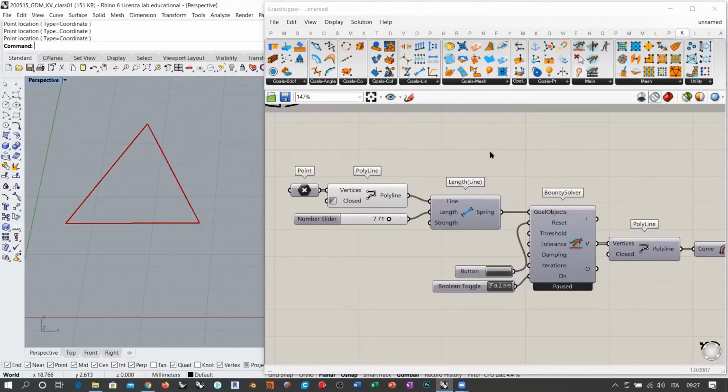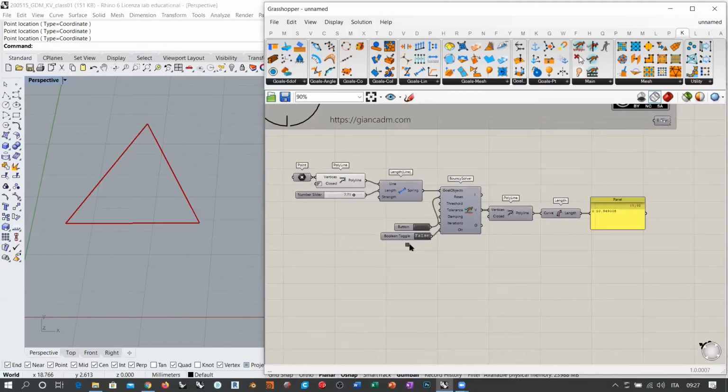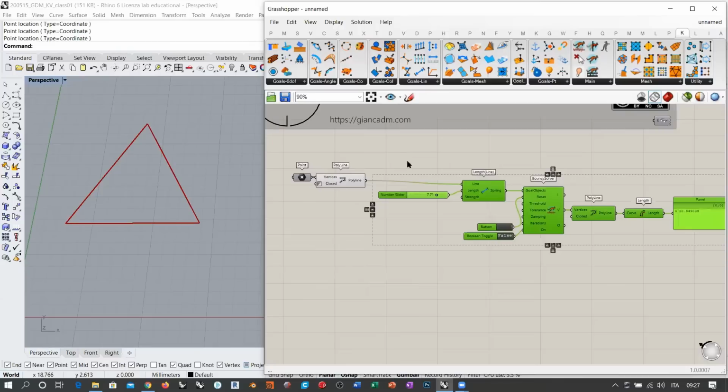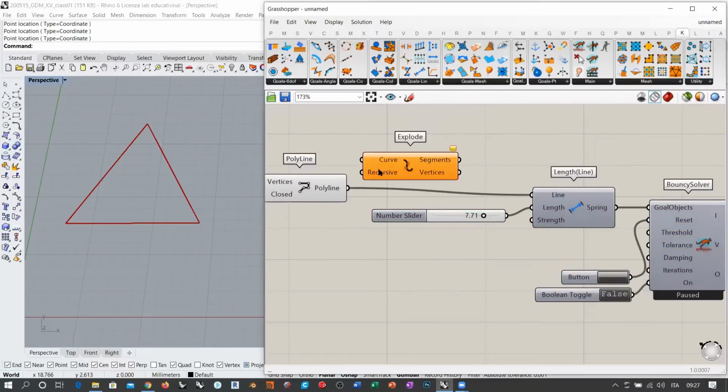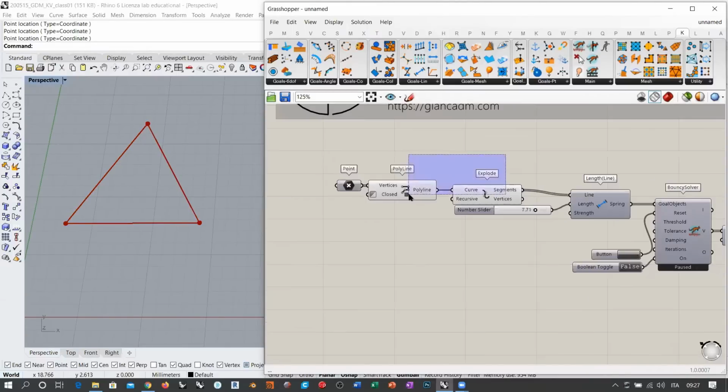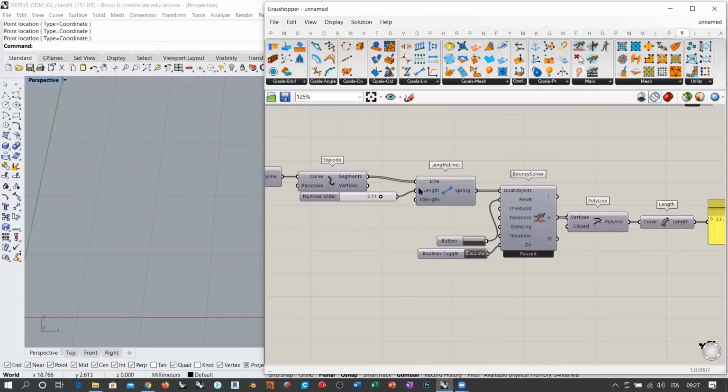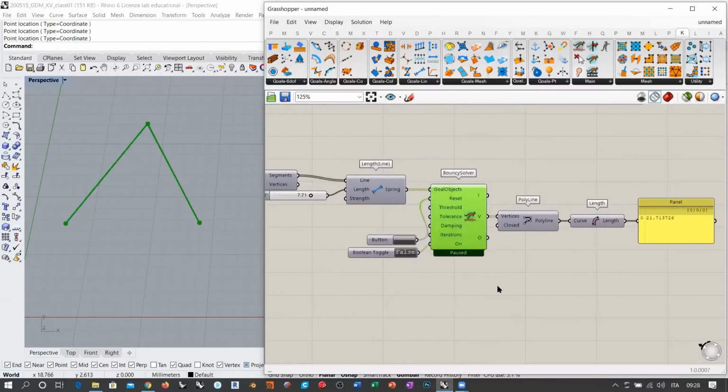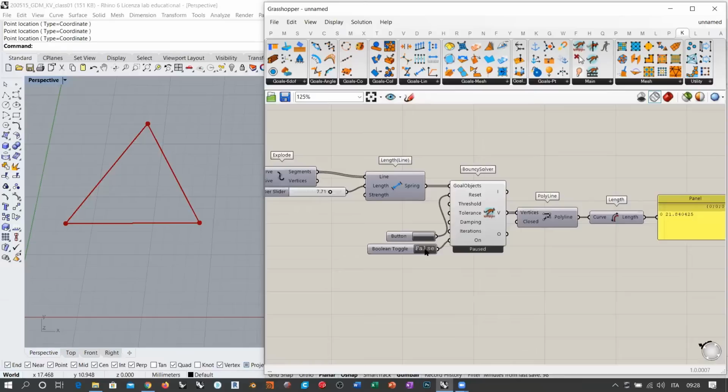So I strongly suggest that you always convert each curve that you want to use as an elastic shape into line segments. The only thing that we miss here is an explode curve. So now we have 3 line segments that we can pass to the length line component. This is the normal approach that you might want to adopt. If I reset the simulation, you see that now we have the 3 connections available. So these are 3 springs. And if we run the simulation,